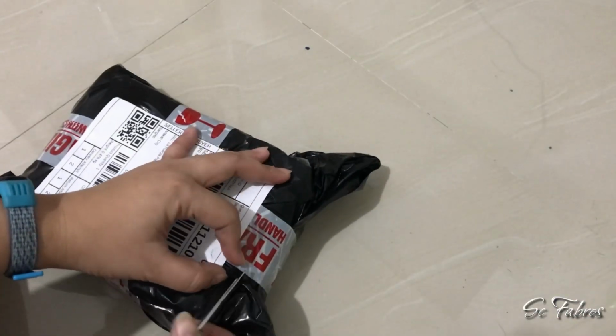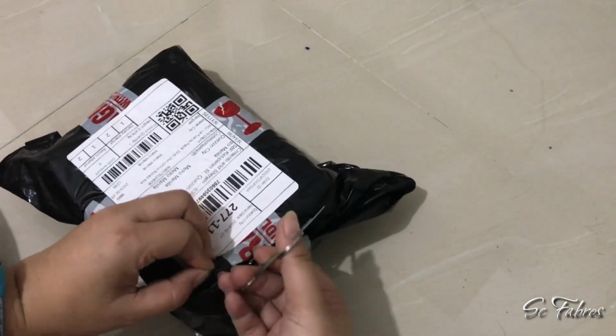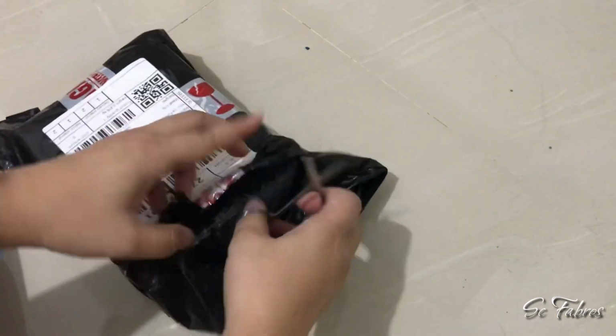So hello guys, matagal-tagal din akong hindi nakagawa ng video and this time mag-unbox ulit tayo. So I'm unboxing this Shokz Openrun